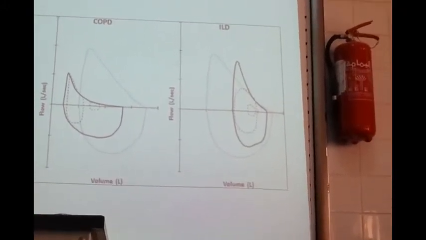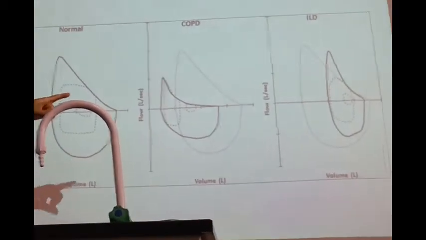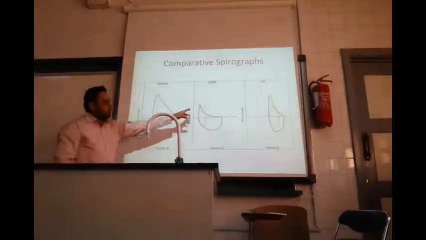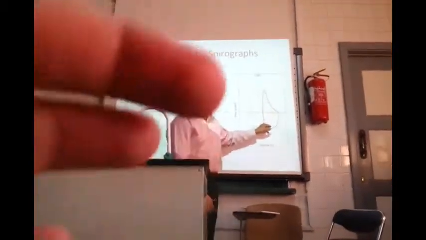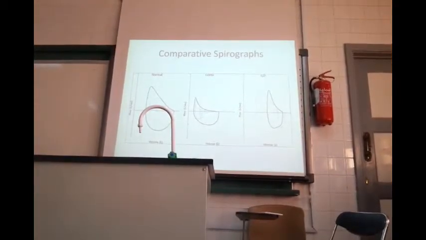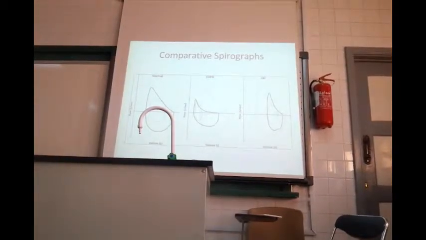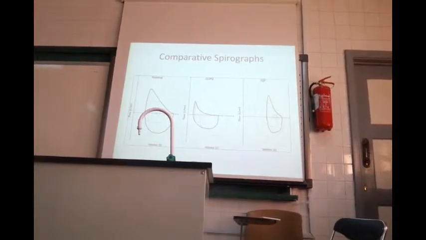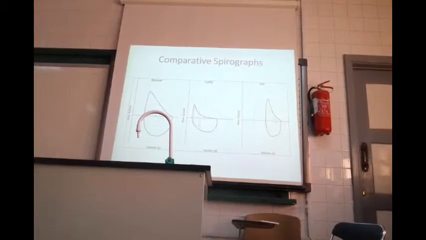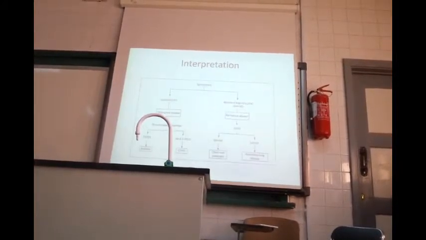Are you understanding the difference between obstructive and restrictive? And just look at it, compare it with normal. Here also the normal is given, here also the normal is given. And you will very easily remember and understand the differences in the spirometry or the spirograph as compared to normal in case of a restrictive and obstructive condition.